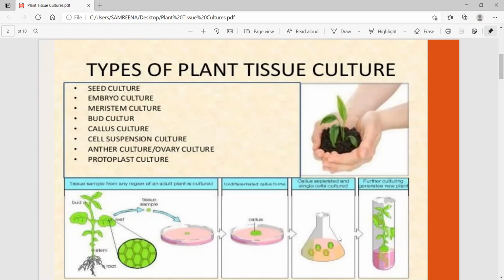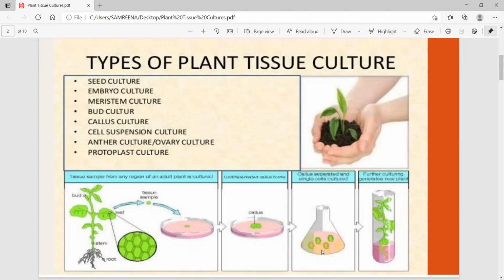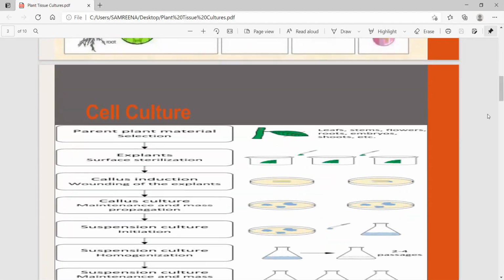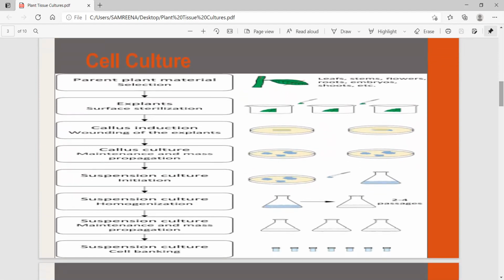Or from this callus, we are able to get single cell culture or cell suspension culture. So today's first culture which we are going to discuss is cell culture. We can initiate our cell culture